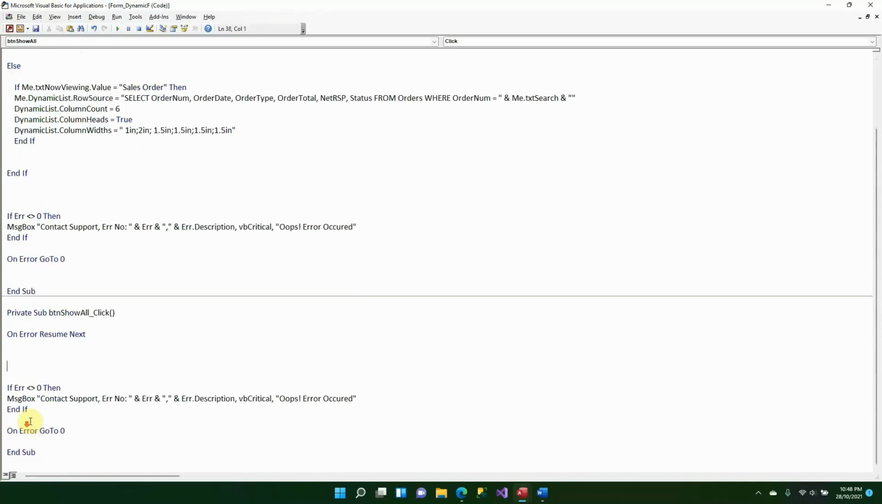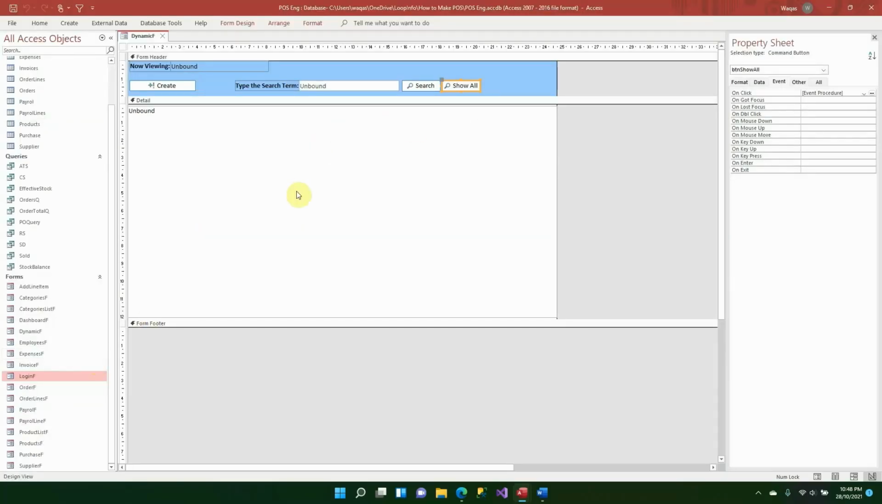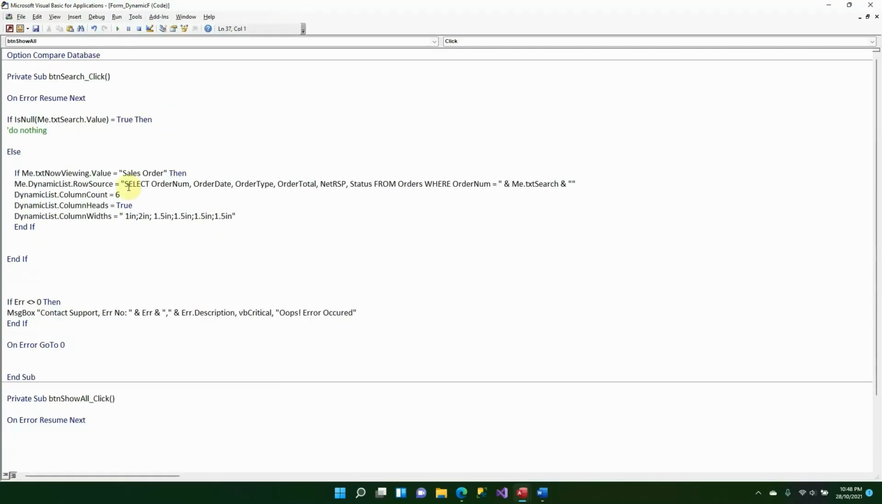All right, now in here we want to return to all the records. So after the search is performed, we want to return back to the original state, which means we want to see all the records related to what is being shown here. So for example, if initially the sales orders were being shown here, then the moment we click on show all, it should return back to showing all the sales orders. Okay, and for that we will write the exact same code block, but we will not use the